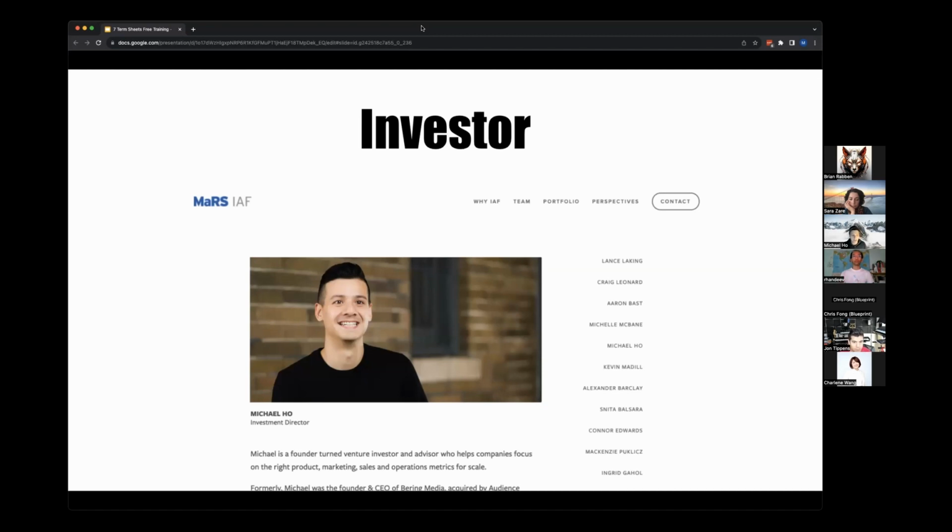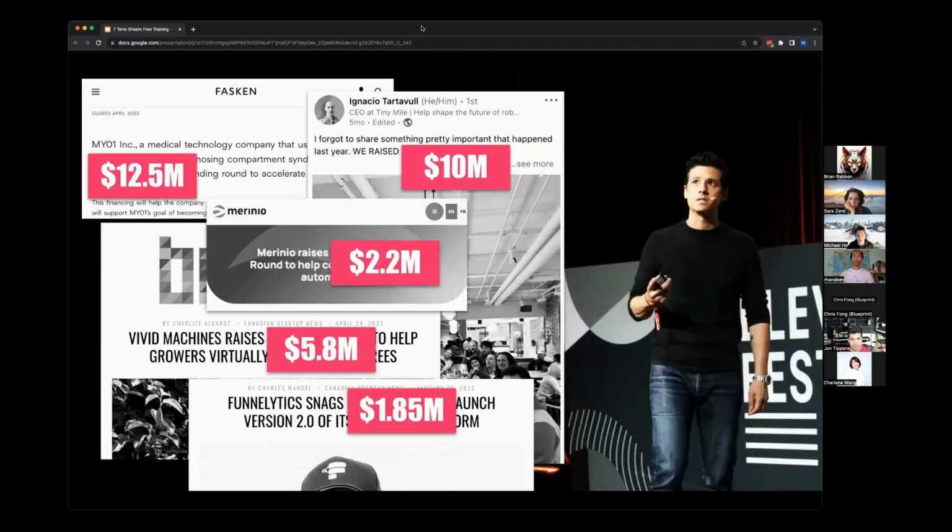of the equation. I wanted to see what goes on behind closed doors, what it's like to sit in on pitches and do diligence on companies, and just what's going on in an investor's mindset. And now I help coach companies on how to fundraise. So I teach them how to bring process, story, and signal together,